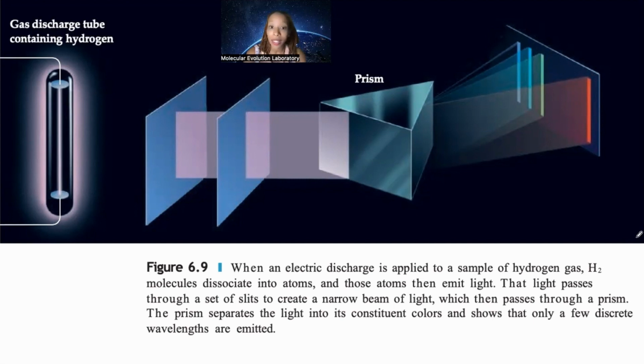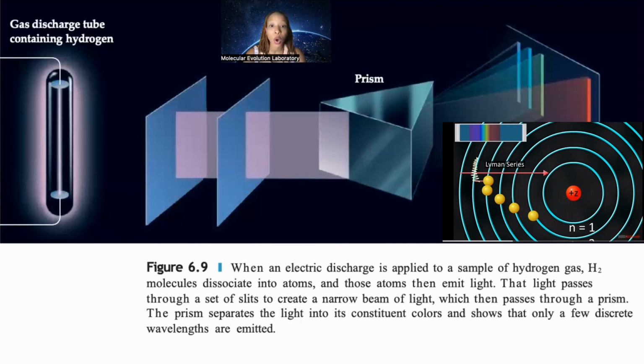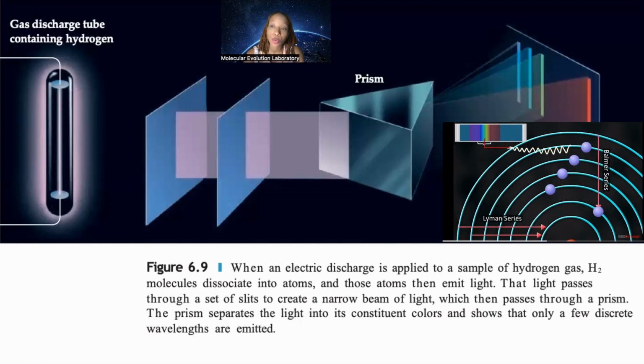So this is again showing how highly specific each atom is when interacting or emitting or accepting a photon. The wavelengths produced when absorbing or emitting a photon are highly specific for each